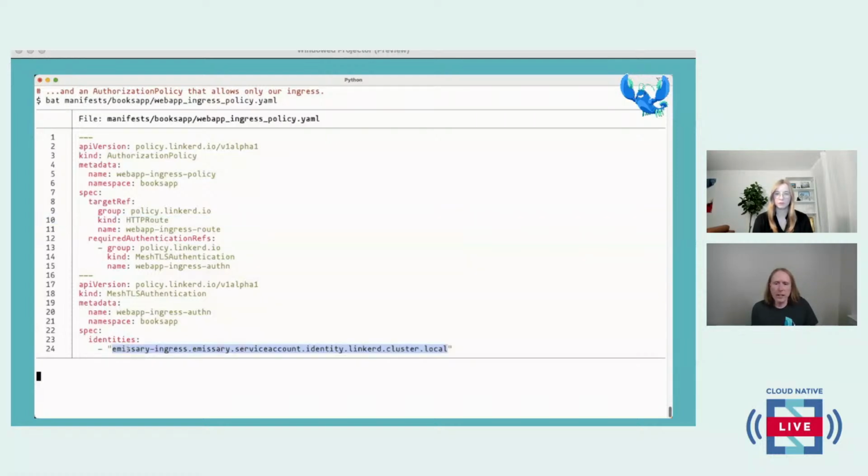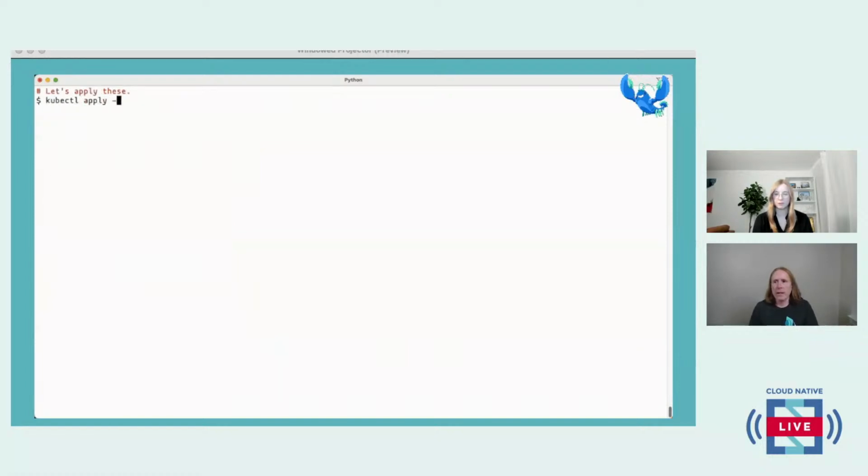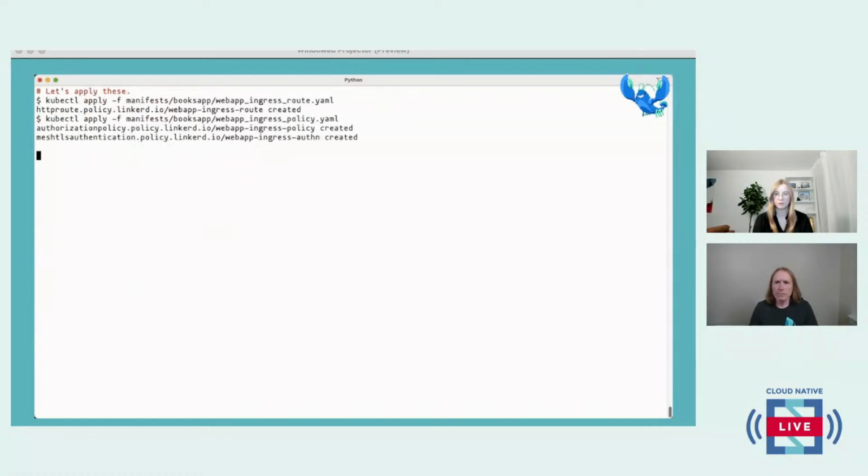And we're saying this has to come from our ingress, from Emissary Ingress in the emissary namespace. The only difference between this and the other authorization policies that you've already seen is that the other ones were bound to namespaces or servers. This one we're explicitly binding to an HTTP route so that we're doing route-based policy rather than workload-based. If we apply this one,